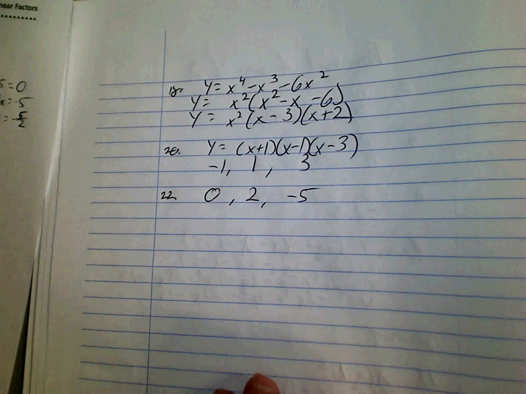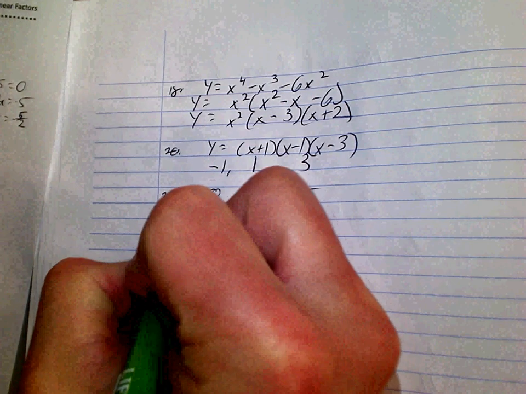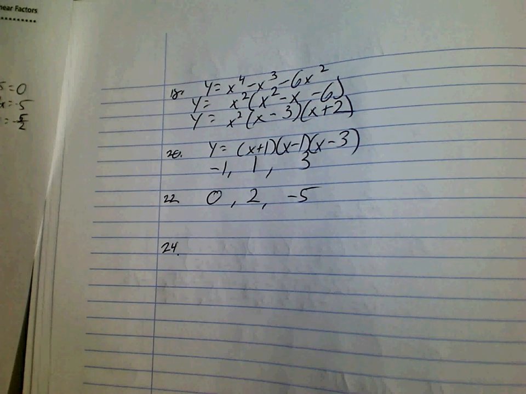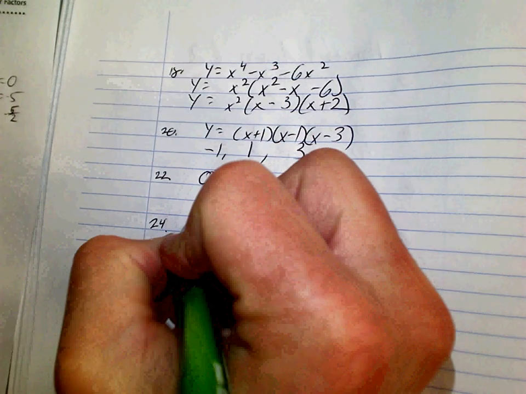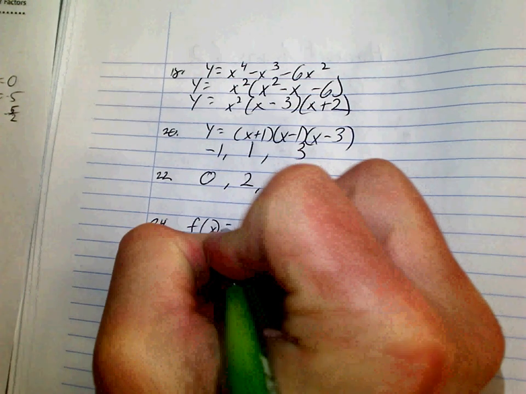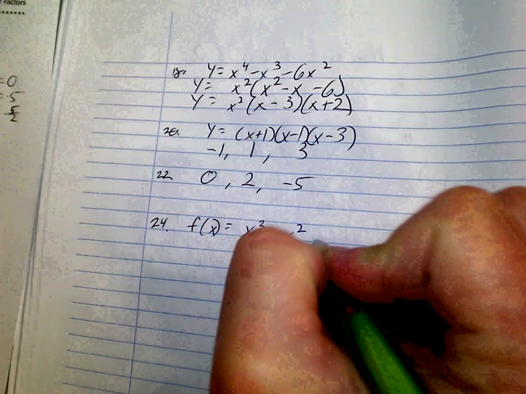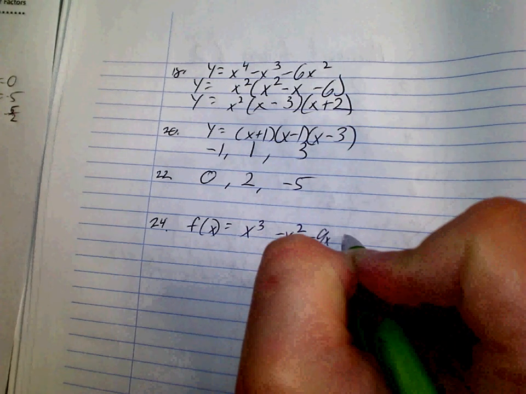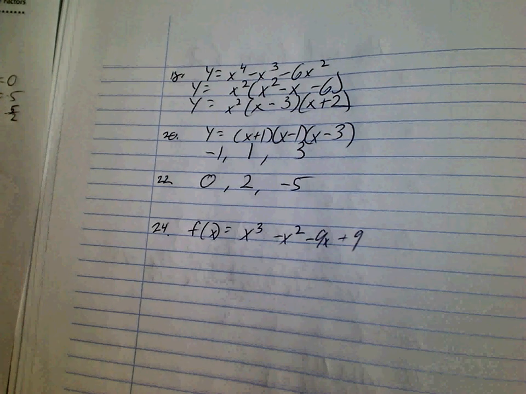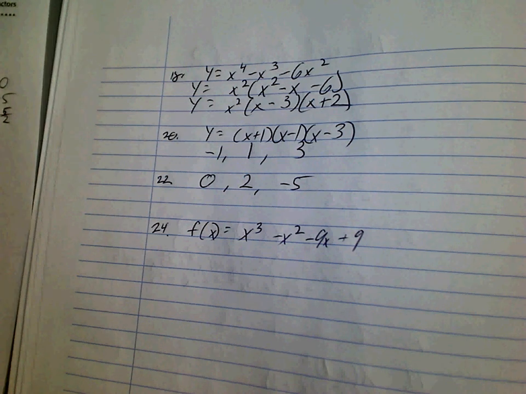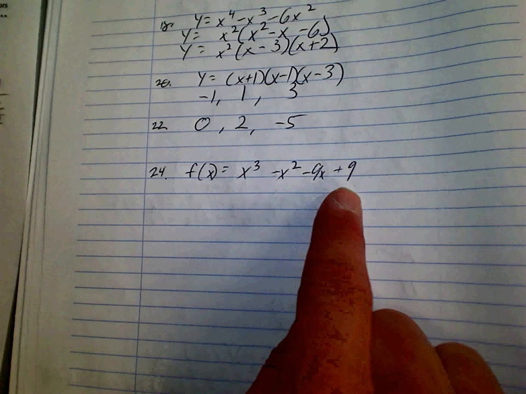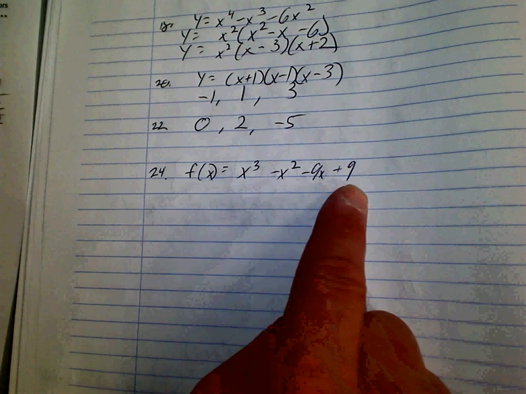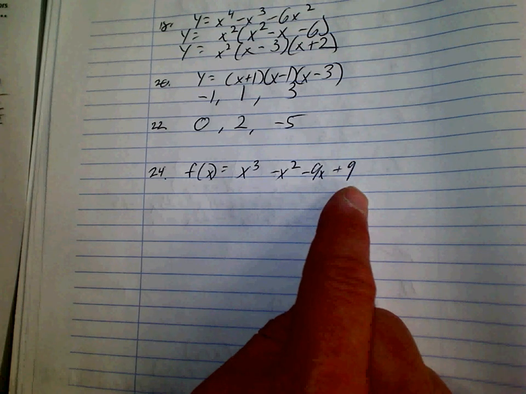And the last one. Find the relative maximum, relative minimum, and zeros of each function. So the function here, f of x equals x to the third minus x squared minus 9x plus 9. We don't have any current method to factor a cubic polynomial. There are ways that we'll be learning how to factor cubic polynomials and how to check factors. So with that being the case,